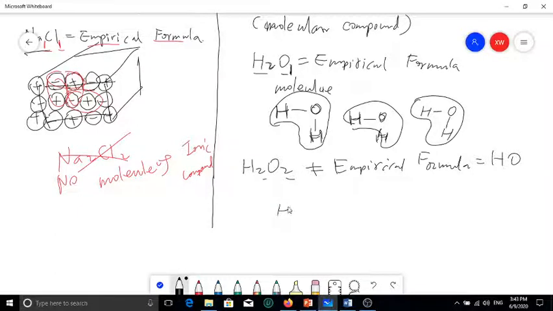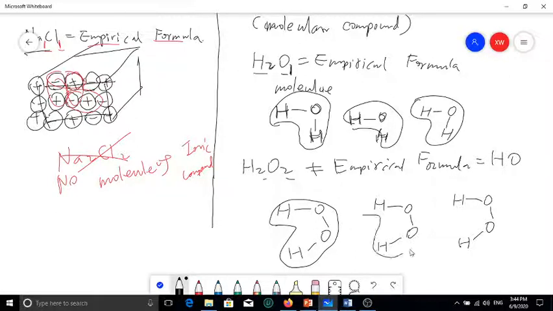If you write out the actual structure of the compound, it looks like this. You can see there are actually 2 hydrogens and 2 oxygens in each one of the molecules. So these numbers are not ratios, they are the actual number of atoms in each molecule. So that's the difference between ionic compounds and covalent compounds regarding empirical formula. Okay, all right, so